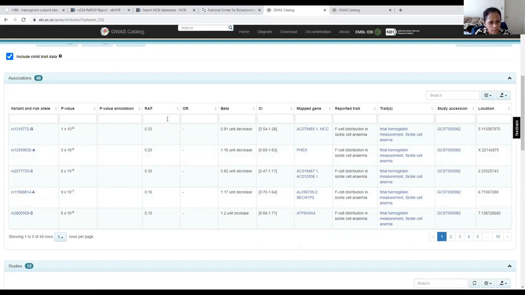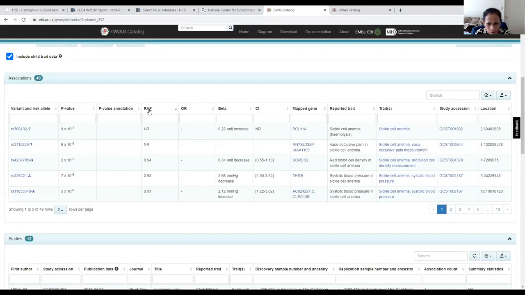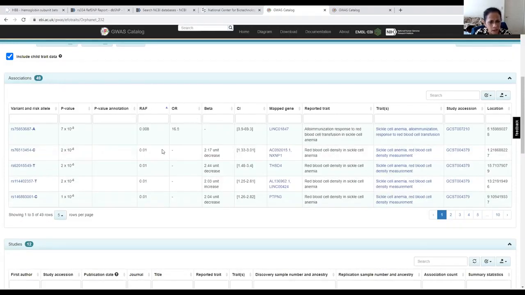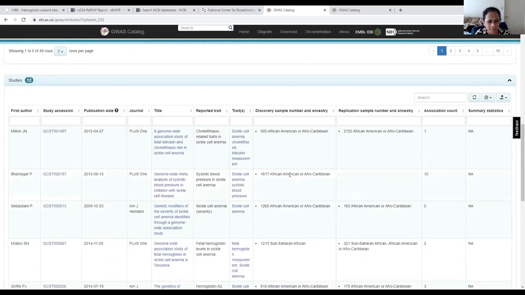And then all of these values, what is this value? Not available. Okay, so these are odds ratios. These are all different statistical parameters, and I think the manual should probably describe each one. And all of these different numbers are the reported traits, so red blood cell count, a density measurement, and all of those things. This is the accession for those, and there are so many different pages. So you have a lot of information on sickle cell anemia.